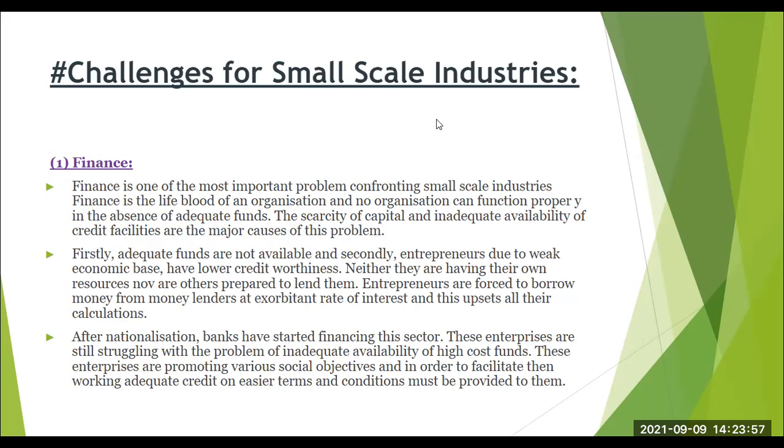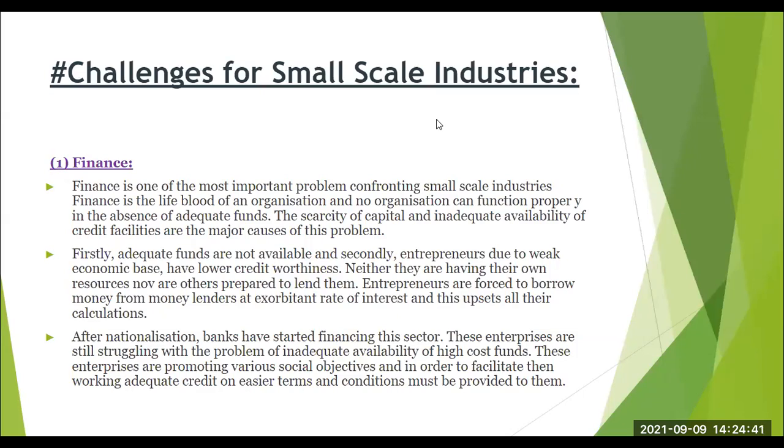So firstly, adequate funds are not available. And secondly, entrepreneurs, due to a weak economic base, have lower creditworthiness, right? So the bank will automatically not lend you the money because you are no one. They do not know you. You do not have any person who will provide the guarantee for you because you are a fresher, an entrepreneur who has just entered the market, right? That is why there is very little creditworthiness of your financial capacity. So neither do they have their own resources, nor are others prepared to lend them. No one is ready to give me the money. So entrepreneurs are forced to borrow money from moneylenders at an exorbitant, meaning very high, rate of interest, and this